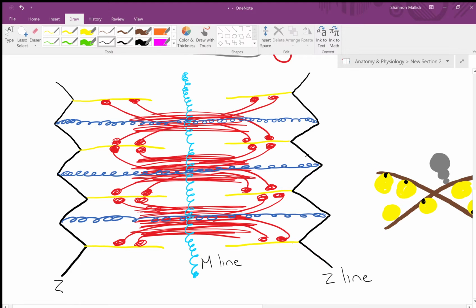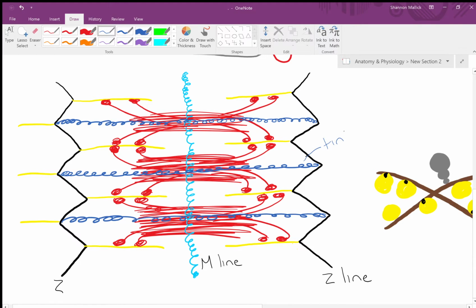Out of the Z line, you have actin filaments. These are your thin filaments, and they're going to come out both sides into two separate sarcomeres. In the center, you've got the thick filaments, the myosin filaments, and then you also have titin, another structural protein,